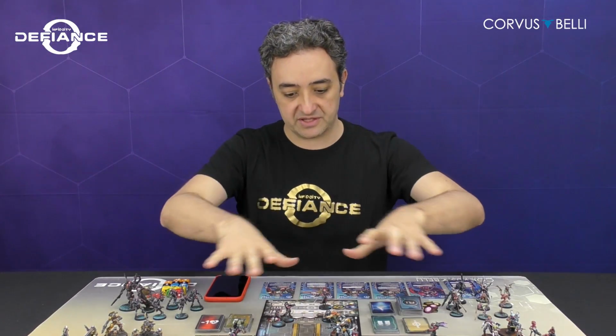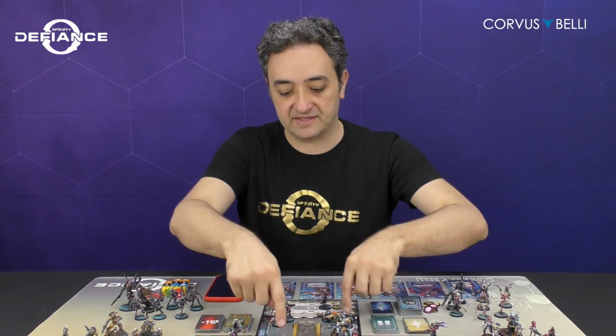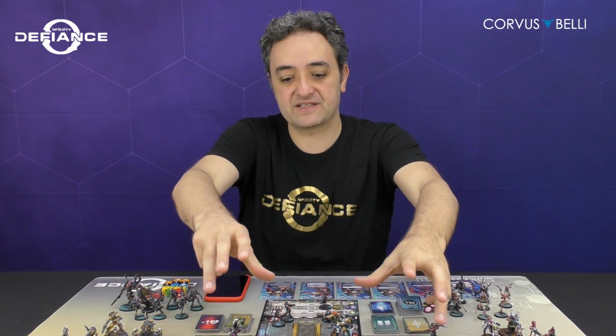Right now, if you look at this shot, the miniatures that we have over the tiles are the miniatures that come in the core basic set of Defiance, the most basic pledge. $100 and you will get these miniatures and all the cardboard and all the cards. And right here in front of me I have a few more of the miniatures that will come in the